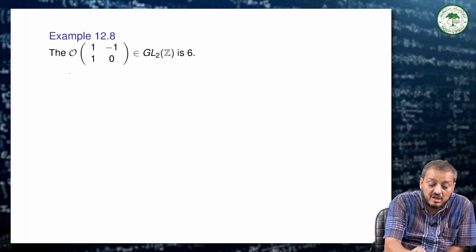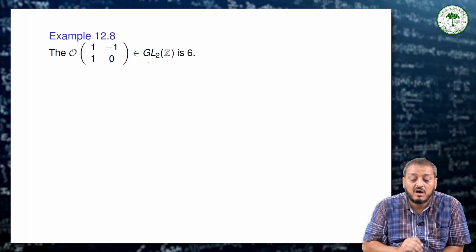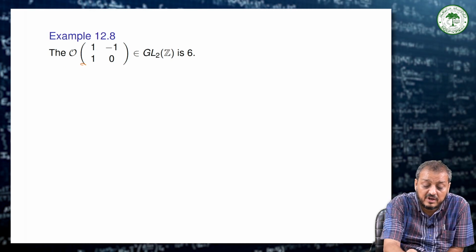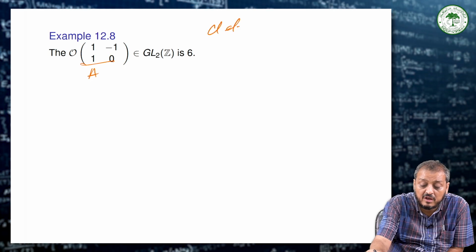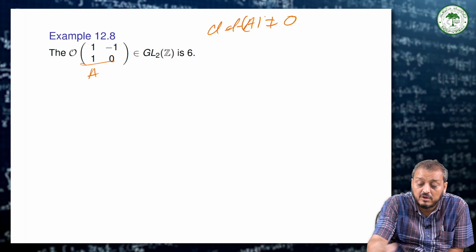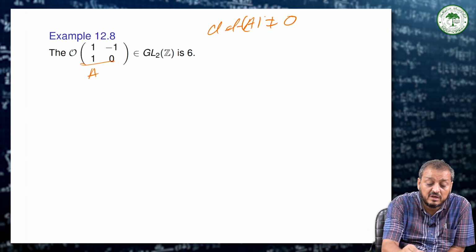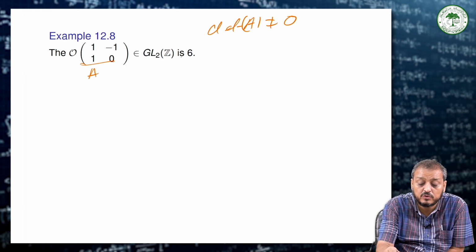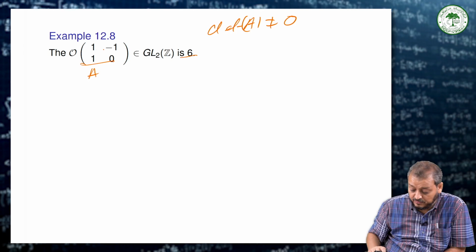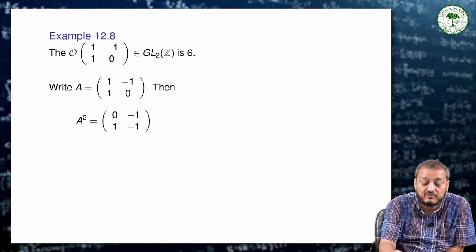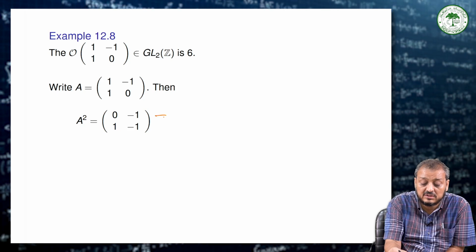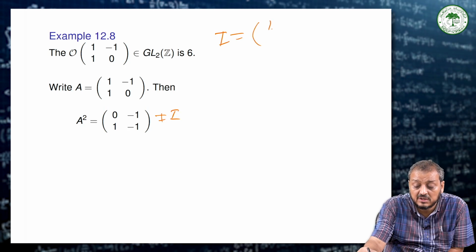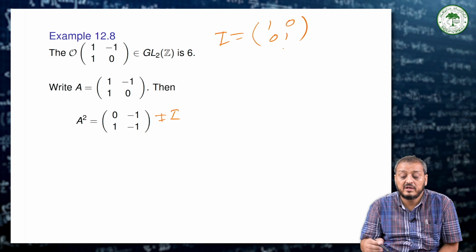We have to find the order of A. Clearly A is an element of GL2, because if we take this A, the determinant of A is not equal to 0. Now we have to show that this is the identity. Let A be equal to this matrix. Then A squared is equal to this, which clearly is not equal to the identity, because in this case the identity element is this identity matrix, which is clearly an element of